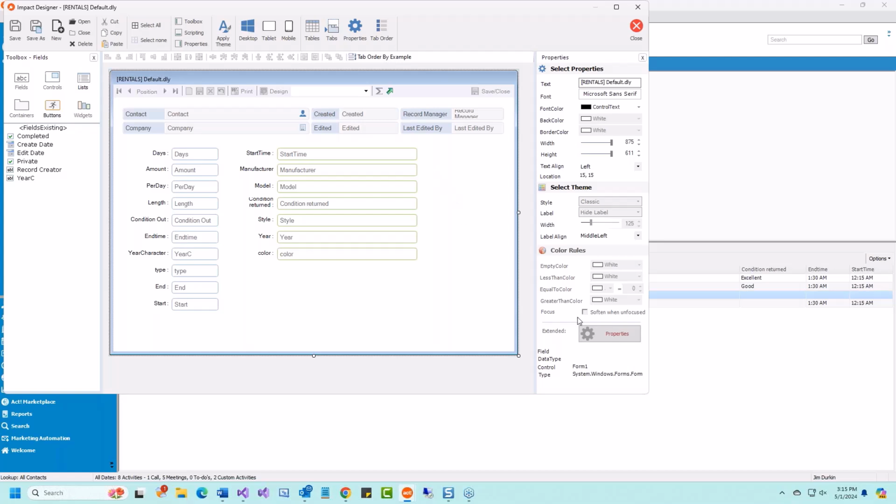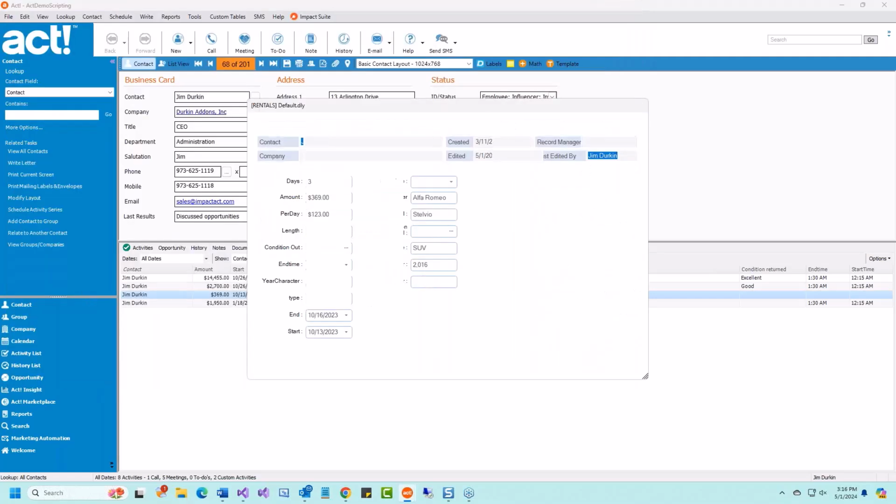Okay, one more thing inside of here, the color rules on the bottom. We are over here to properties. So let's go to this model. This field model has a color rule. If it's less than, or if it's empty in this case, make it yellow. I'm going to look at this manufacturing. This one happens to be orange, and this one happens to be white. What's nice about that, let's just close and save these changes,